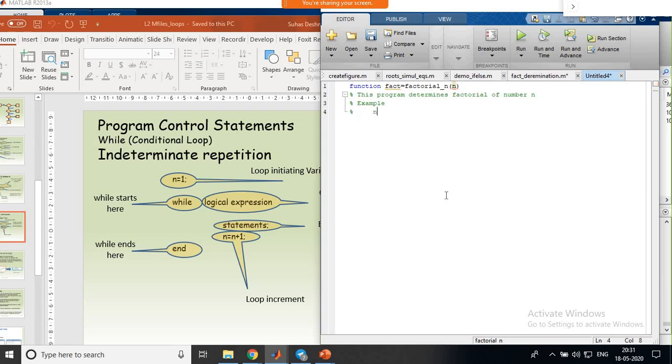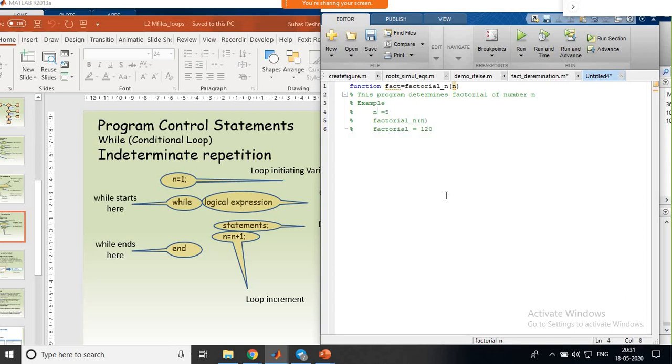I'll give n equal to 5, then it will display factorial which is equal to 120. But before that I need to tell how to use it in the command window: factorial underscore n.